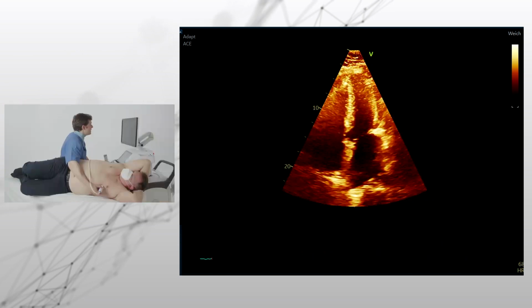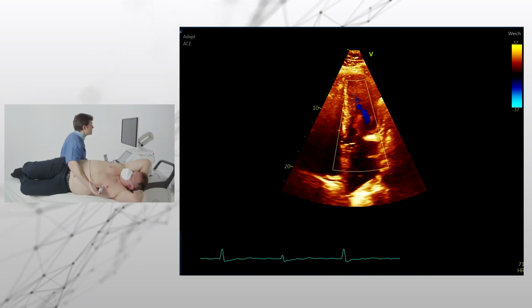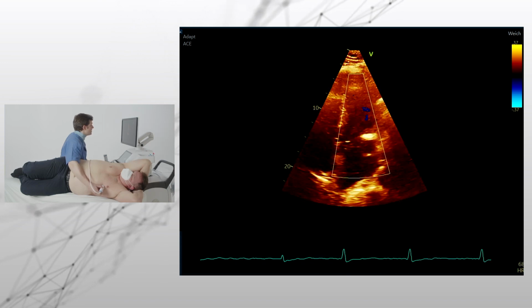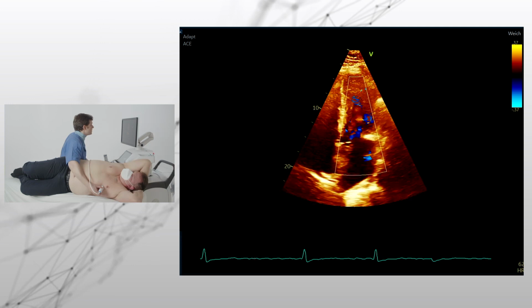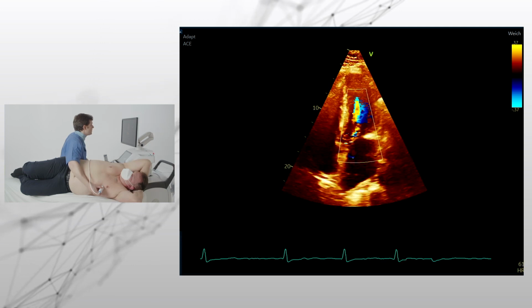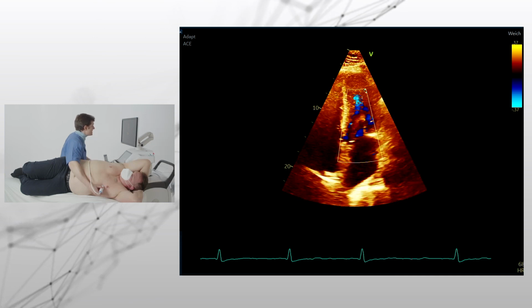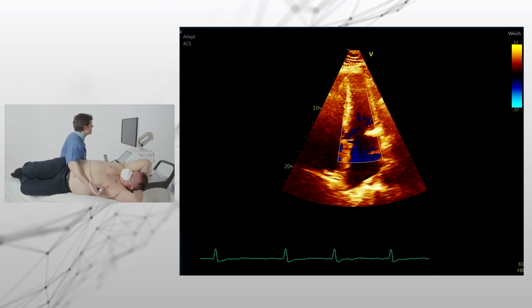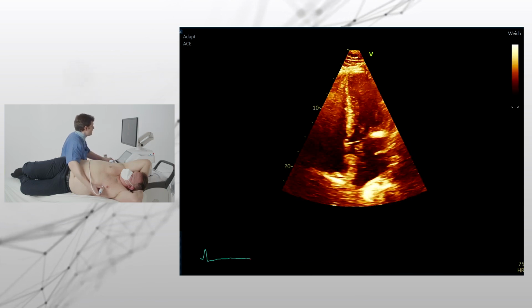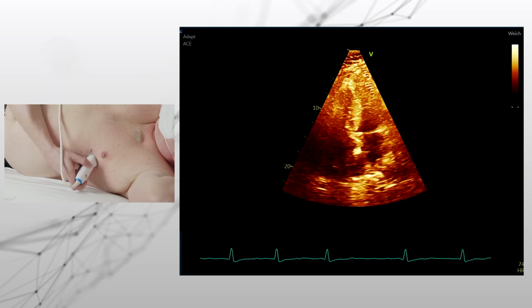So we save this loop, and then we continue to the mitral valve, and we can also change the color Doppler in length, not in width, to see the optimal signals. And what we can see is that there is some turbulent flow overall in the left ventricle. So before we continue with the turbulent flow, I would suggest we go to the right ventricle and the right